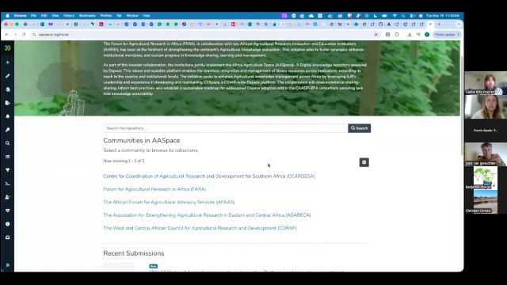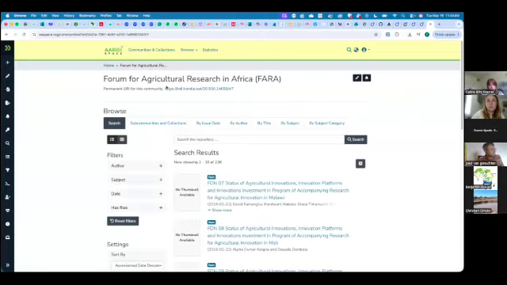So FARA, we don't have to be in CADESA space to do anything for them. They can manage their own space and give access to whoever they want to give access to. So I'll just open the FARA one. We also registered a handle, a persistent handle that we are using, which applies to all the other institutions. As soon as they create their items, they'll get the handle as well.